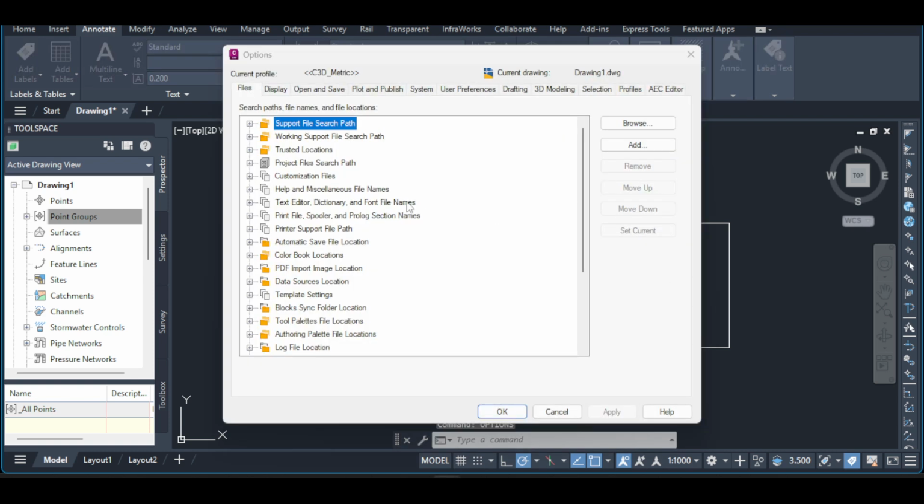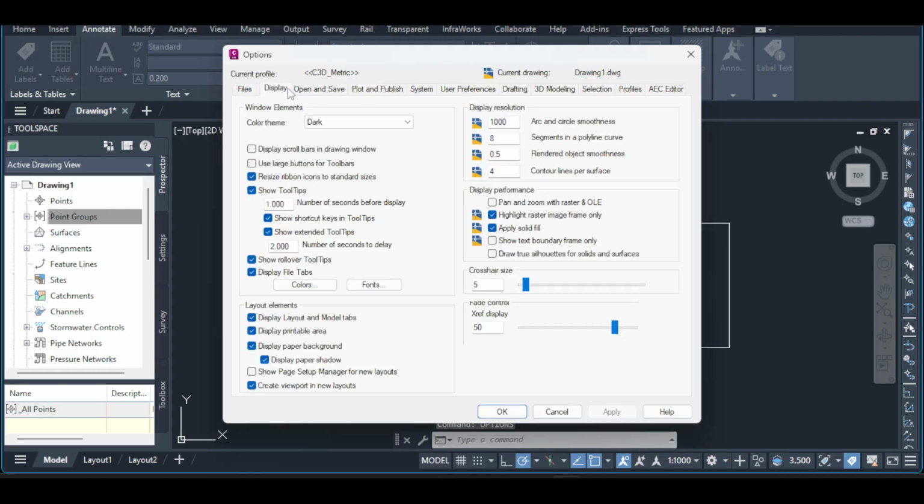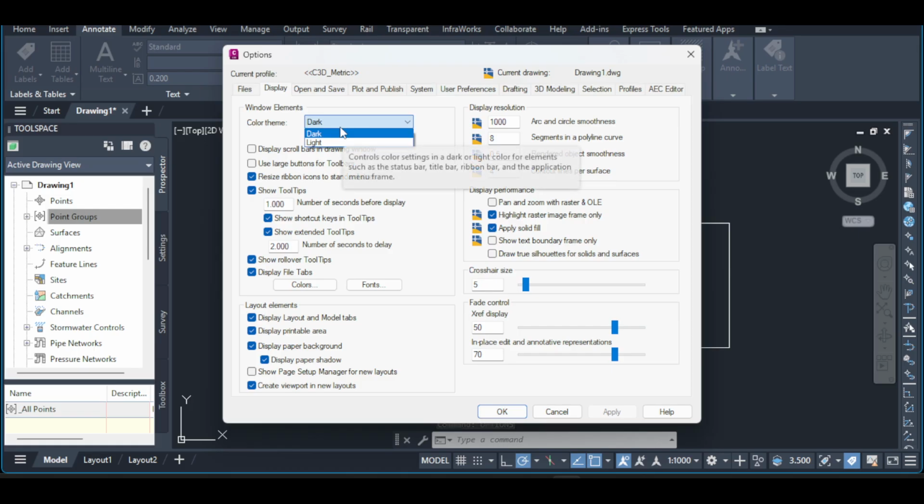Find and click the Colors button. That opens the Drawing Window Colors dialog, which lets you set colors for different parts of the interface. At the top of this dialog, locate the Context drop-down and set it to 2D Model Space. Model Space is the main drafting area where you create and edit your geometry, so we want to target that